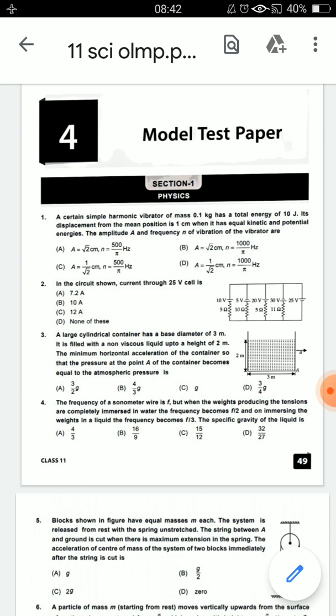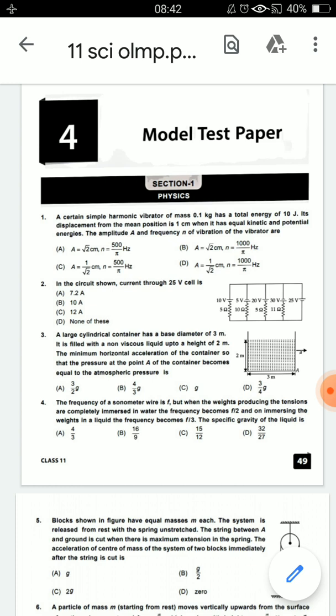So first of all we need to calculate using the parallel formula. The equation is 1 by equivalent resistance is equal to 1 by R1 plus 1 by R2 plus 1 by R3 plus 1 by R4 plus 1 by R5. So we need to calculate the equivalent resistance which is passed through the whole circuit, which is 5. Again we need to use the potential difference.